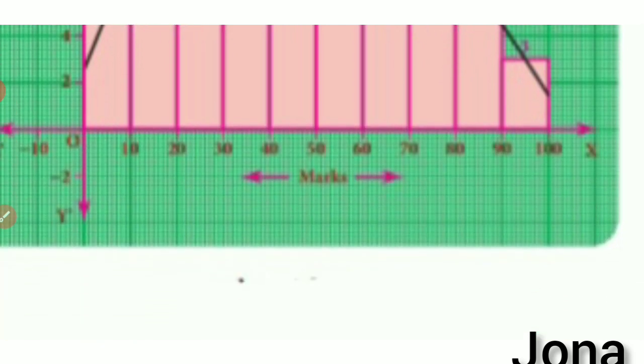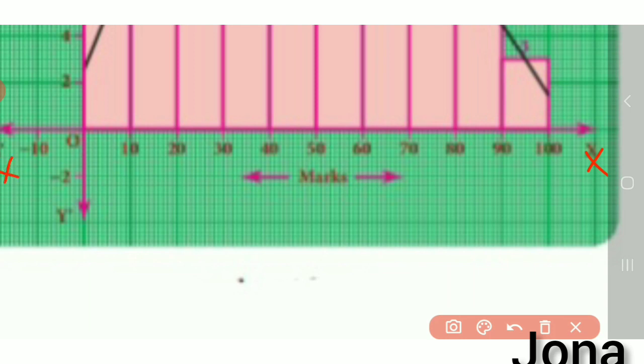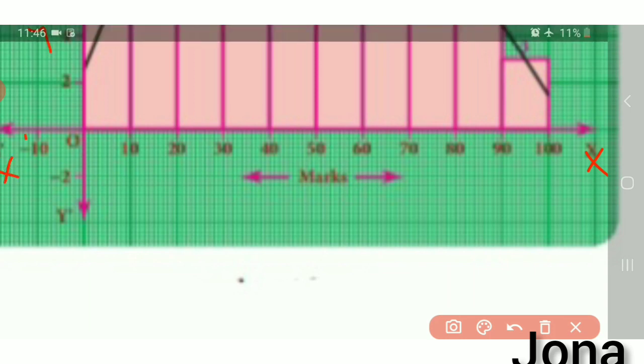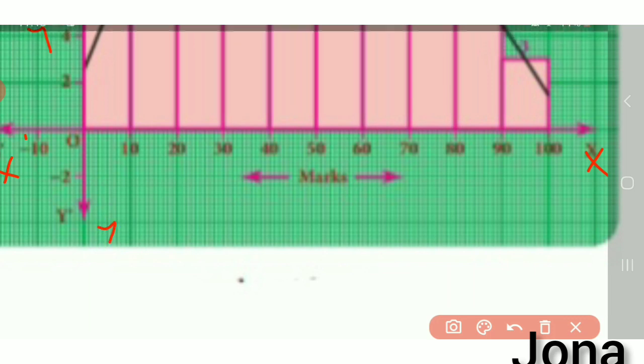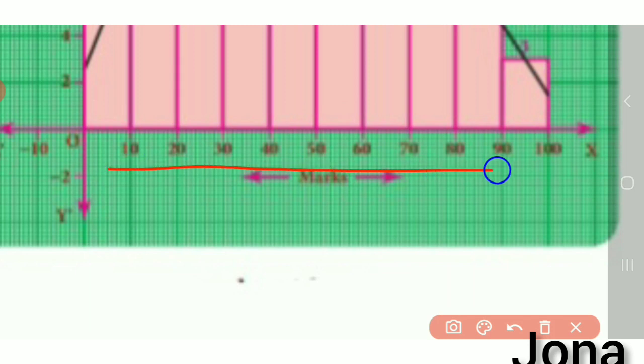And then put x. This is very important. Here mark this x dash, and this y here. This is y dash. So you have to mark these. This is very important, and only then go to the problem. Here on the x-axis the intervals are marked 0, 10, 20 like this, and on the y-axis we mark 2, 4, 6, etc. like this.